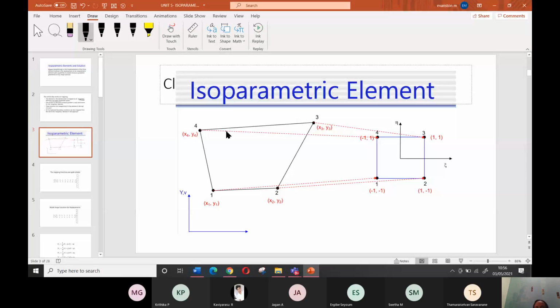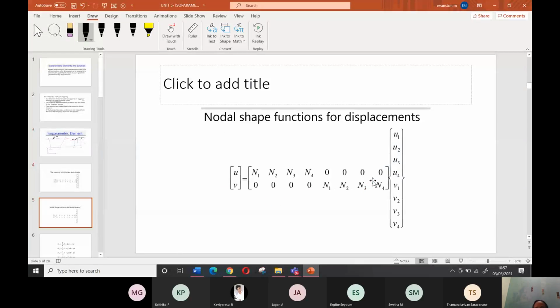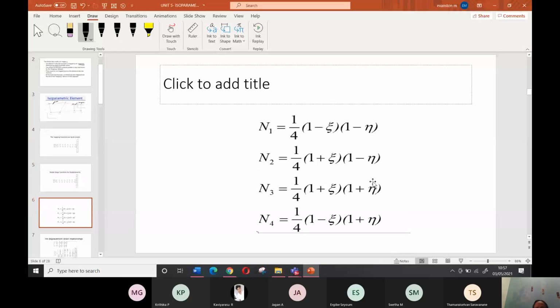And this is the shape function for the quad 4 element. So you should know the big questions. The possible questions are shape functions for quad 4, quad 8 and quad 9. These things you should know for the part C questions. And what is the relation between the strain in the real and the imaginary element, how they are related using the Jacobian matrix.